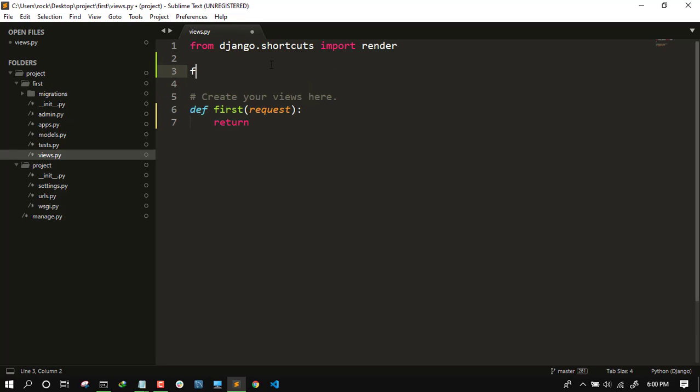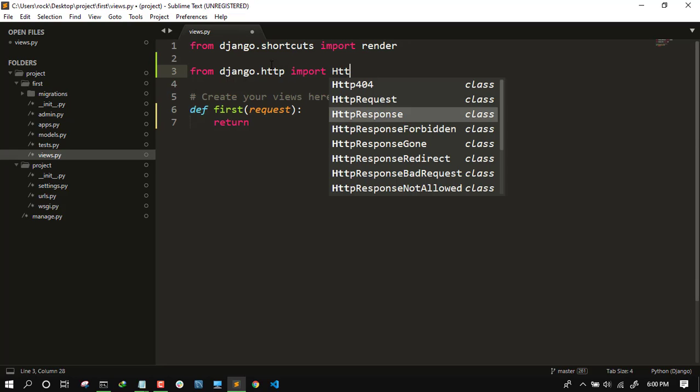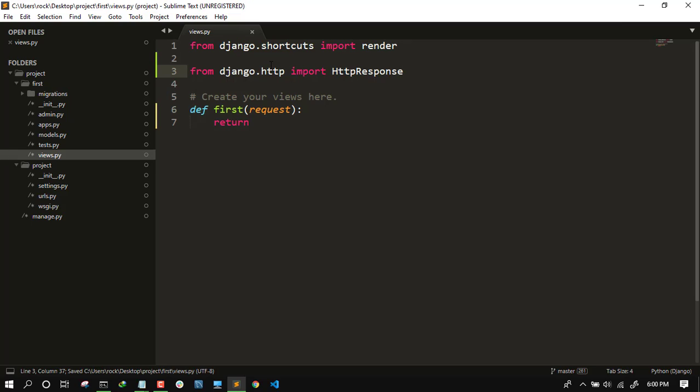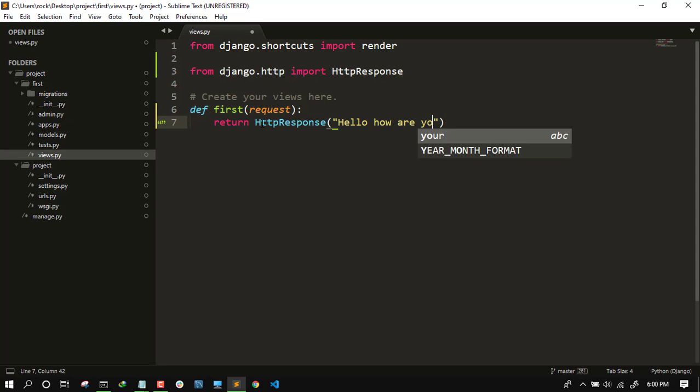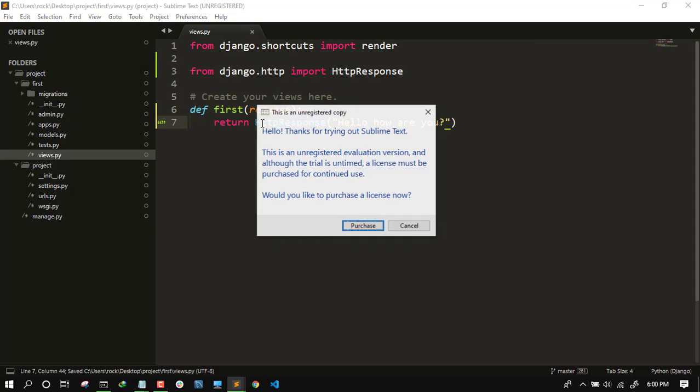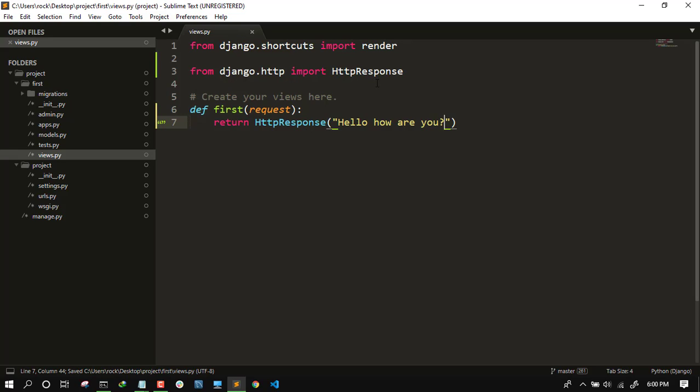HttpResponse is present in django.http, so import HttpResponse. We have to return the HttpResponse. Inside the HttpResponse I like to give hello how are you. So I like to print this message, hello how are you, in my browser.